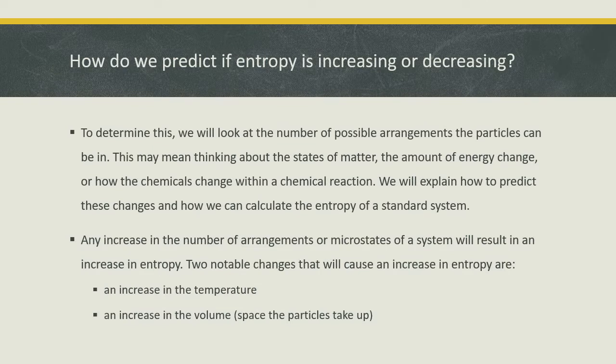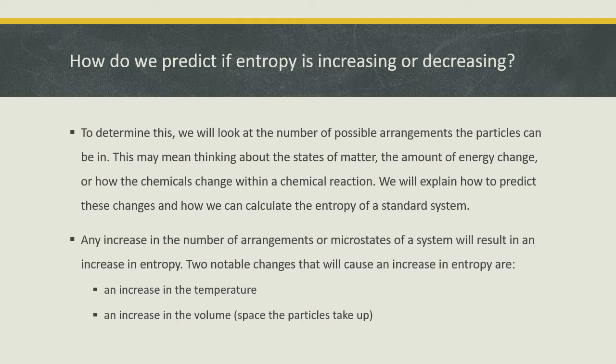So how do we predict if entropy is increasing or decreasing? To determine if it's increasing or decreasing, we will look at the number of possible arrangements the particles can be in. As you saw, entropy is really a measure of how many arrangements the particles and the energy can be in. So the more arrangements possible, the more entropy there is. This may mean thinking about states of matter, the amount of energy change, or how the chemicals change within a chemical reaction. We will explain how to predict these changes and how we can calculate the entropy of a